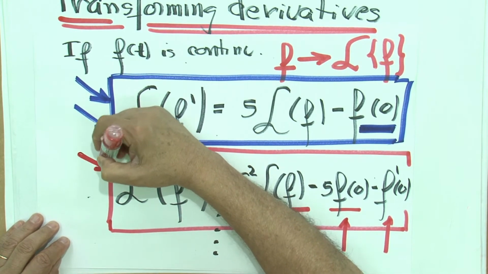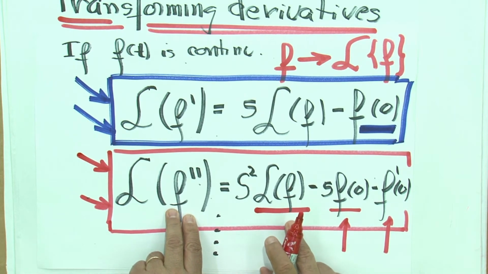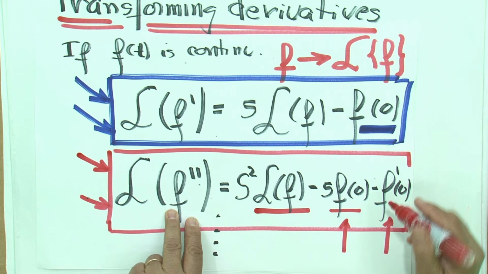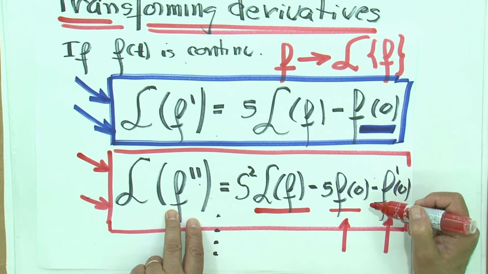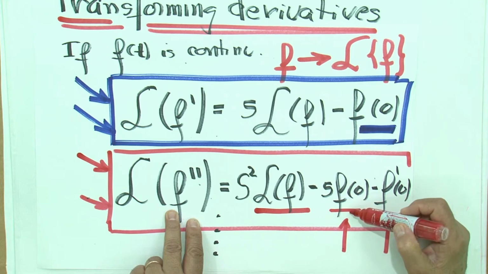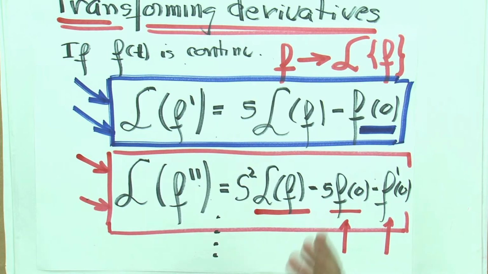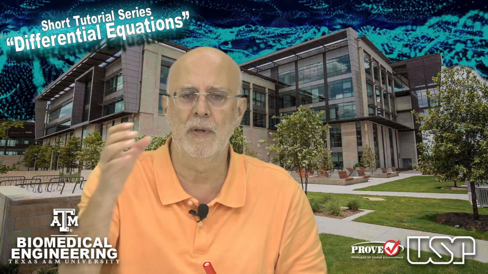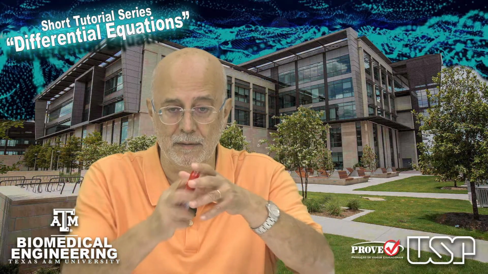Another very important property, because I'm starting to relate derivatives with function. Here derivatives disappear. I only needed the initial values of the derivative of the function, which normally, as I said before, when solving a second order differential equation, you've got to have two initial conditions. One for the value of the function, one for the value of its derivative. It's like knowing the position of the object and the velocity to be able to determine the acceleration at any time, or to build up